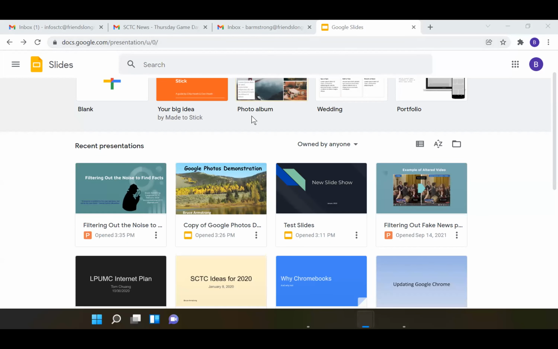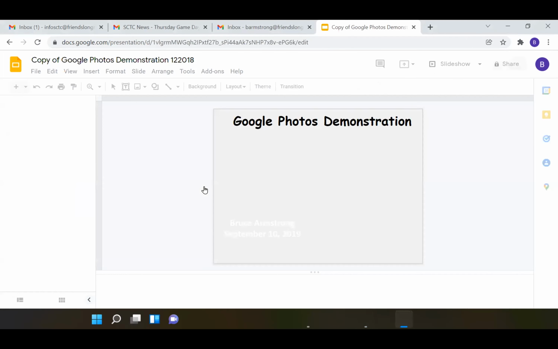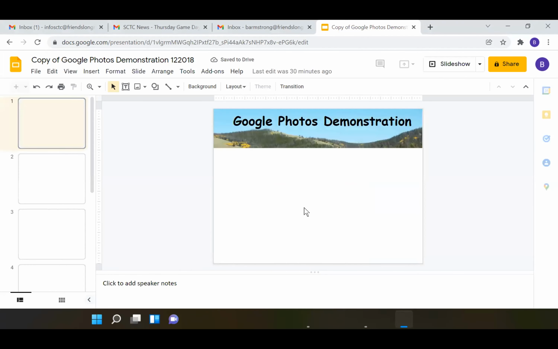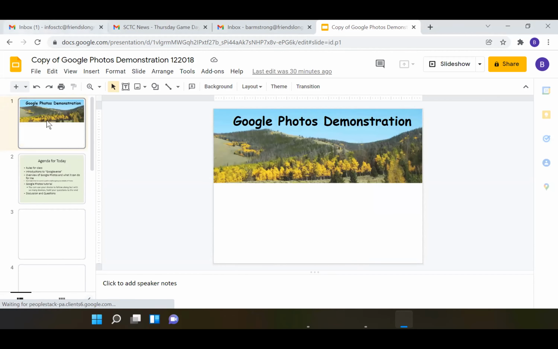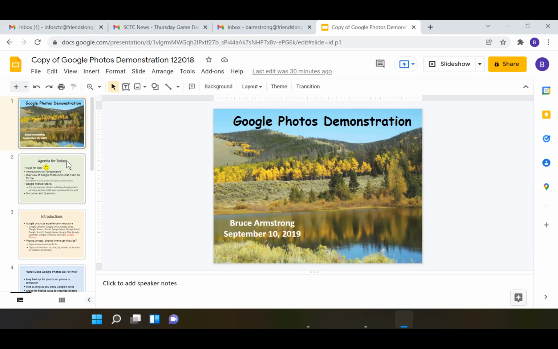It is fascinating, and I'm just going to go into a particular slideshow. Let's pick this Google Photos demonstration. I've got multiple slides in this presentation, and let's suppose that I just wanted to time it. I wanted to put a certain amount of time for a specific slide and I want it to transition a certain way. Well, that's where I get to look at the